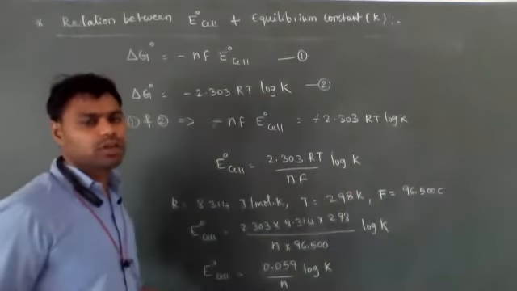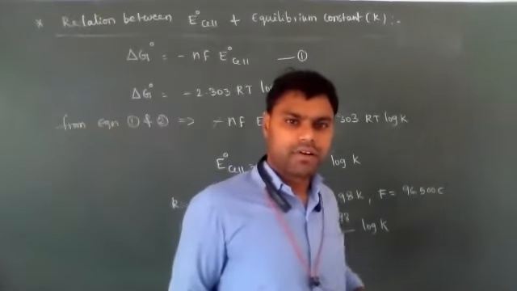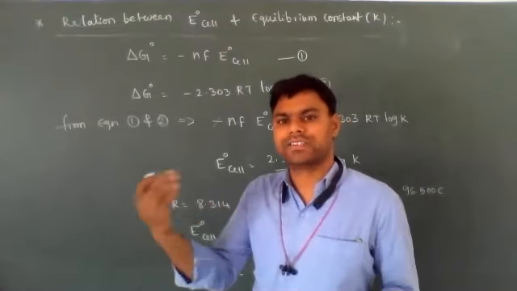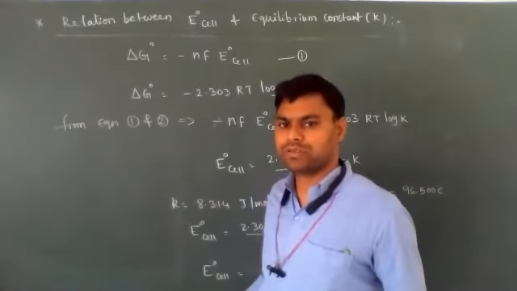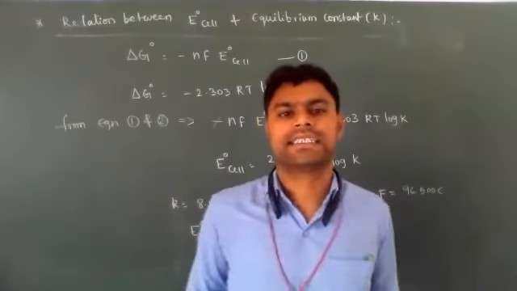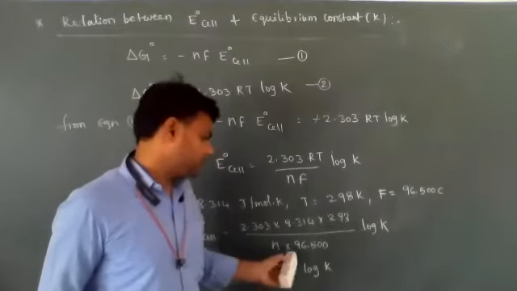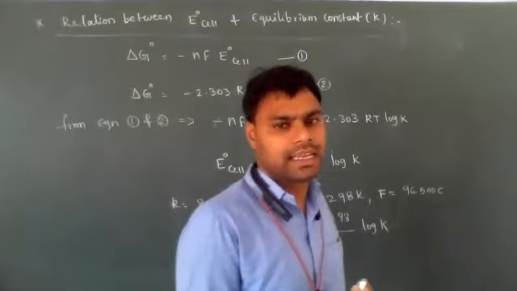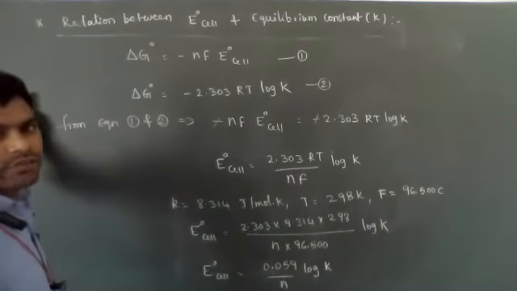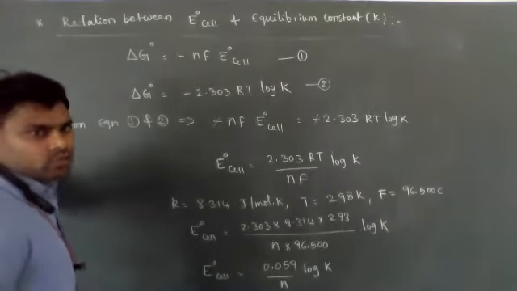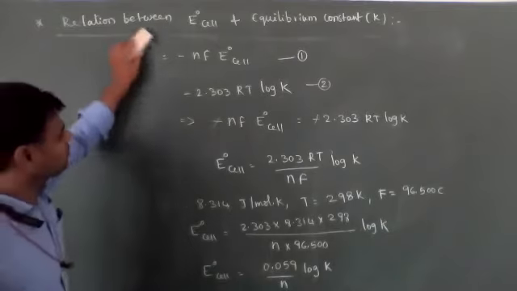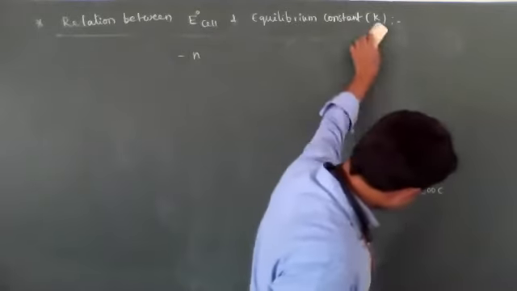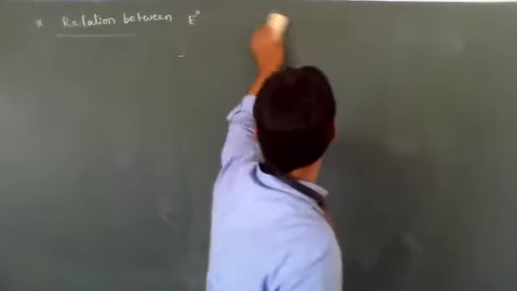Let's discuss how the type of cell reaction changes with respect to the relation between E0 cell and delta G, as well as the reaction quotient with respect to the equilibrium constant, and the direction of the cell. That is very important. For objective examinations, they mostly ask for these relations. One small concept is there, and then this chapter will be over.